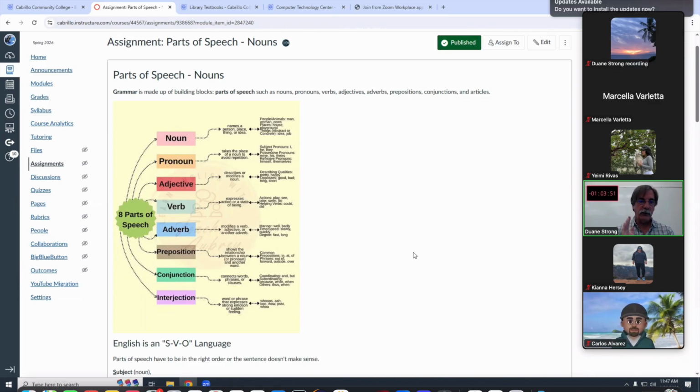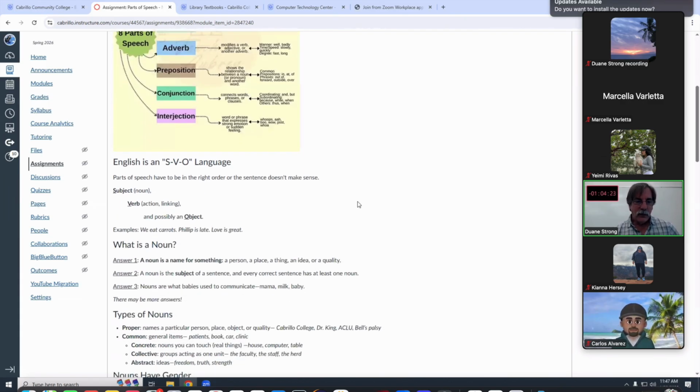Parts of speech, we're going to start with nouns. So I'm going to go through each week, at least the first 3 weeks, breaking down the parts of speech. And my analogy is like chemistry. You have to know what your atoms are, to know what your molecules can be, to know what compounds you can create, right? So we're going to start with these, the atoms of speech, right? The parts of speech. There are 8 that we're going to talk about. Today is about nouns.